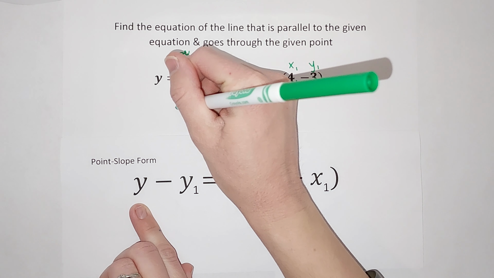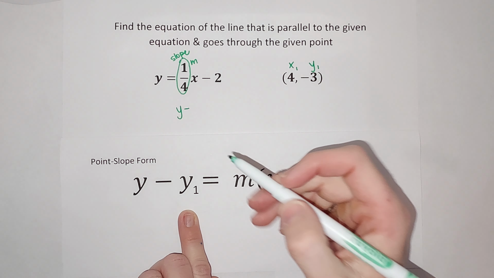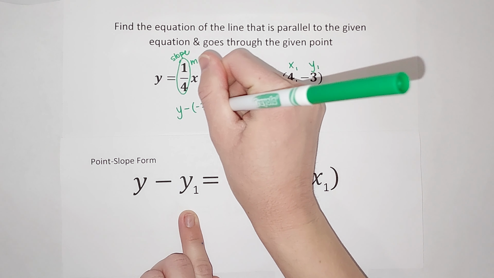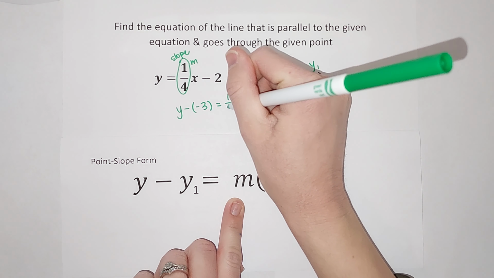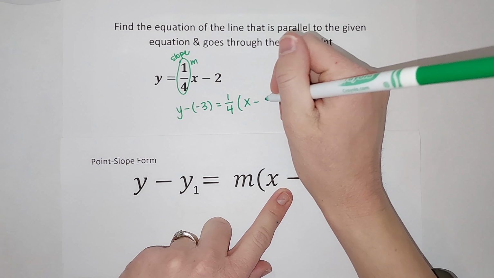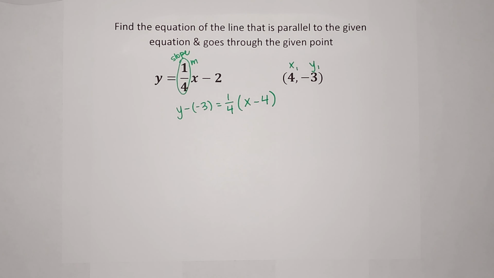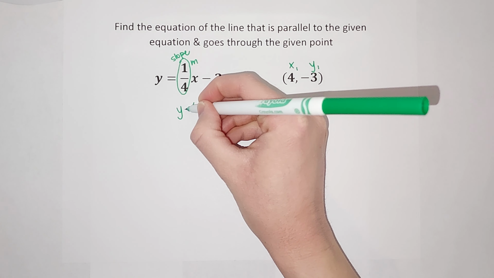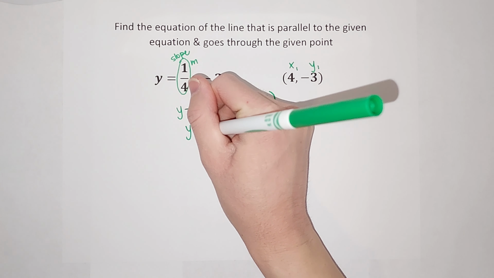So I'm going to have y minus y1, which is -3. Make sure you write both negatives. Minus -3, okay? Equals m, which is my slope, 1/4, times x minus x1, which is 4, okay? Now we're going to simplify this, okay? So when I subtract a negative, it goes positive, right? If you take something negative out of your life, that's positive, right? So this is going to be y plus 3